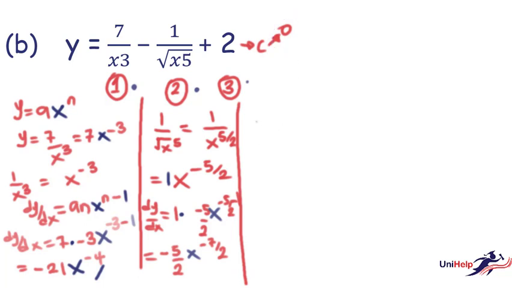That is negative 21 x raised to the power negative 4 minus 5 over 2 x to the negative 7 over 2